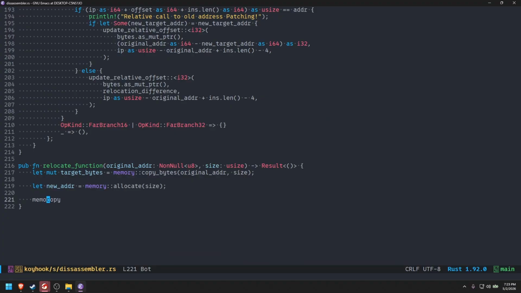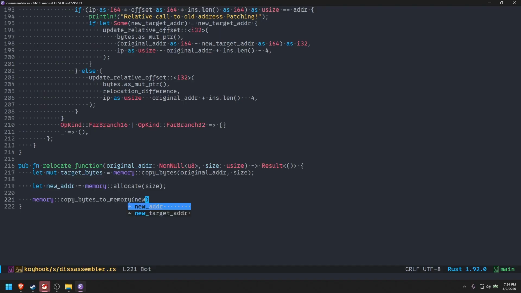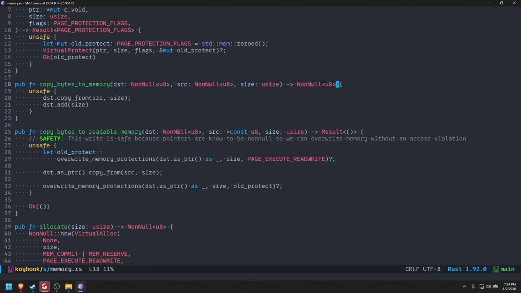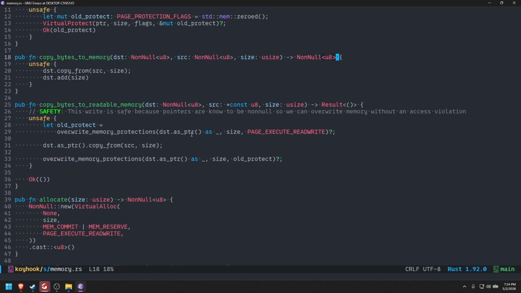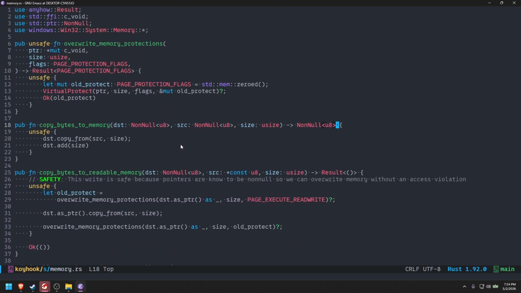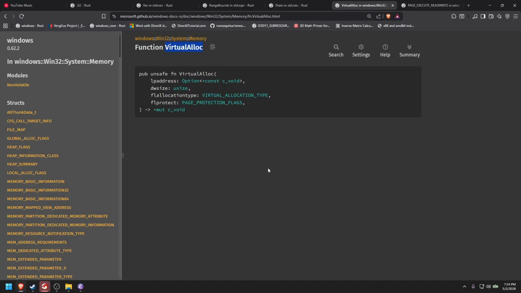So memory copy_bytes_to memory. So it takes a destination. So destination will be new_address. Oh, this takes a source. I already have the bytes though. I guess we don't need to do this. We can just say new_address dot copy from